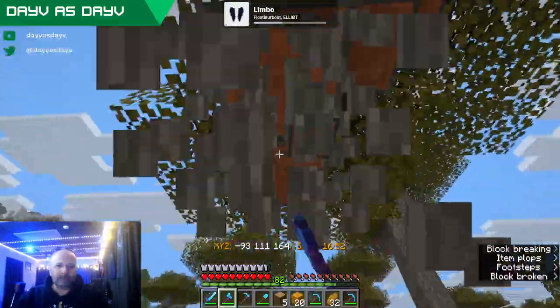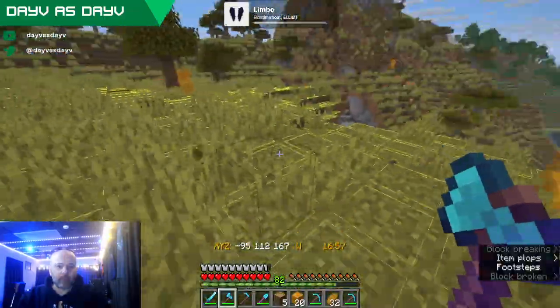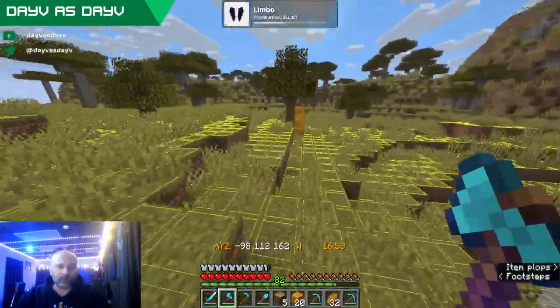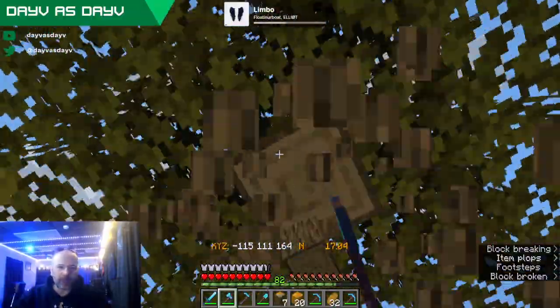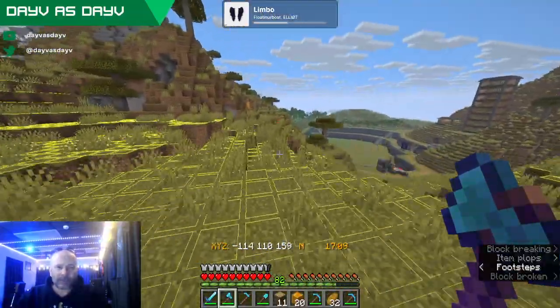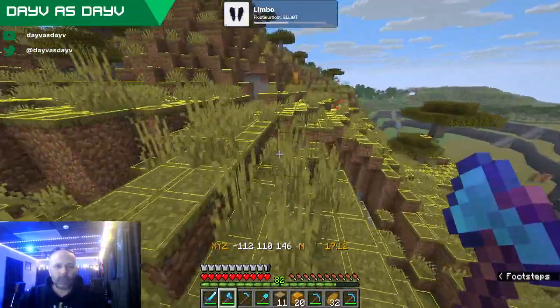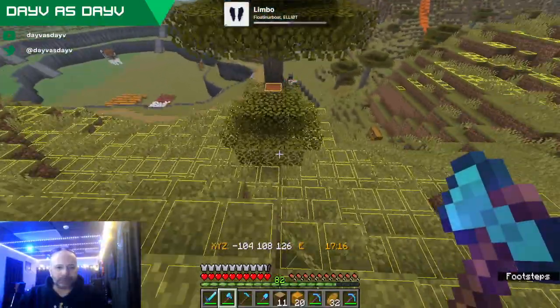We can use it for fuel in a super smelter. There's plenty of uses for it. It's not just the bamboo itself, it's not just making lots of scaffolding, it's all the things. So bamboo is a pretty useful block, as it turns out.